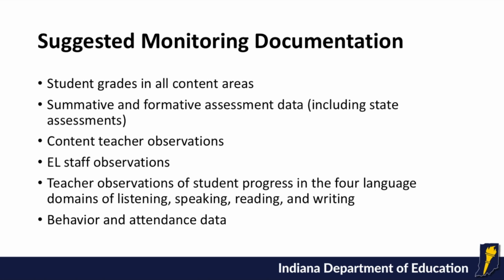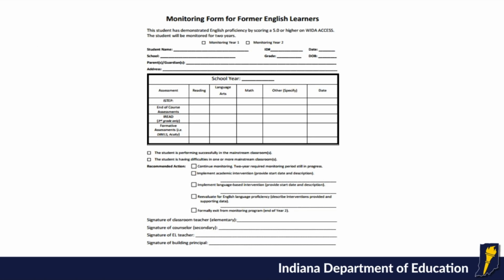This list is not exhaustive and should be adjusted to include the most useful and actionable data for the local context. In order to maintain the aforementioned documentation, it is recommended that an LEA utilize a monitoring form to track student progress, and an example is included here. An LEA may choose to use this example form included with this module, or to create its own. If an LEA creates its own monitoring form, it must establish rigorous monitoring systems, including regular discussions and evaluation of student progress.